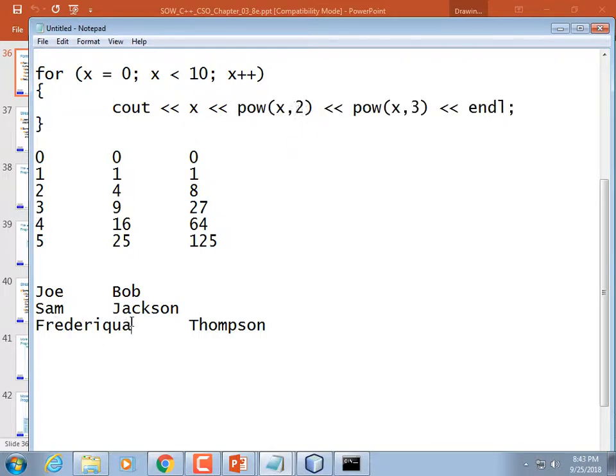Or for every item here, we could specify a certain number of columns. What if we decide that no first name is going to be more than whatever this is? Let's figure that out: 1, 2, 3, 4, 5, 6, 7, 8, 9, 10, 11. Nothing is ever going to be more than 11 characters wide. Well, we would want to set